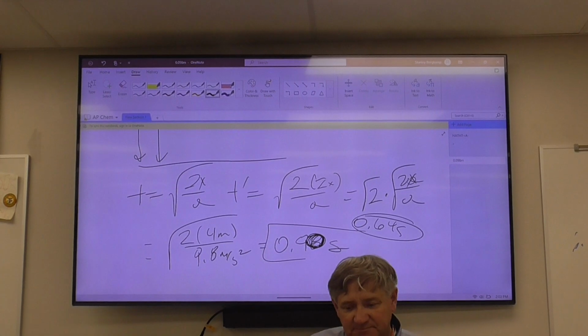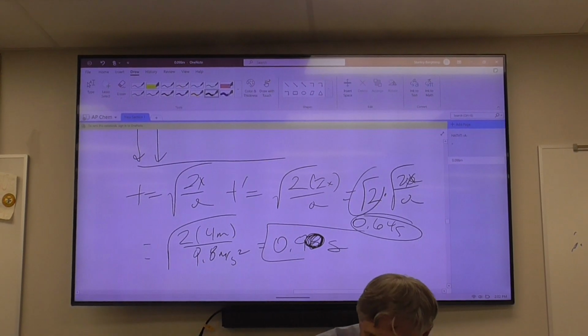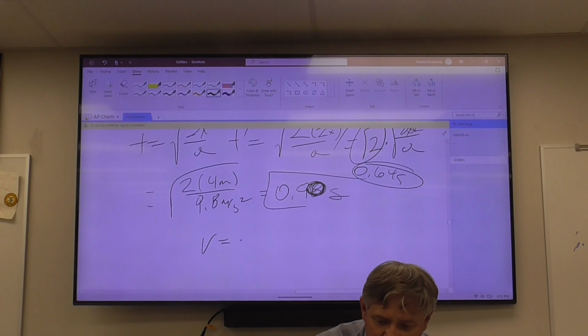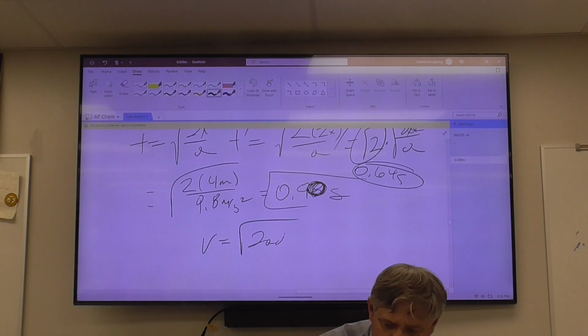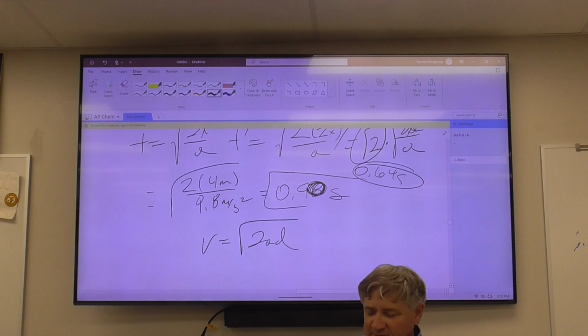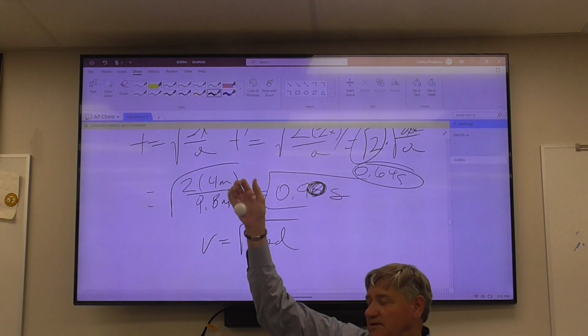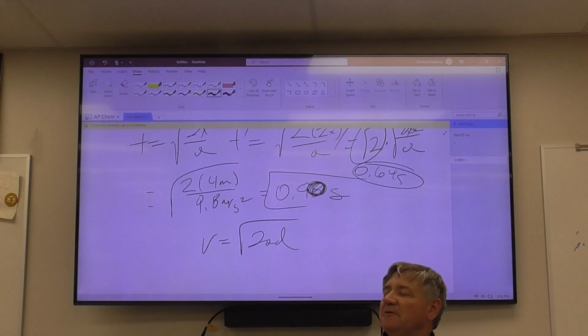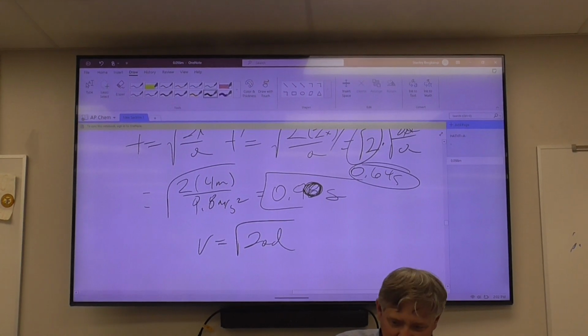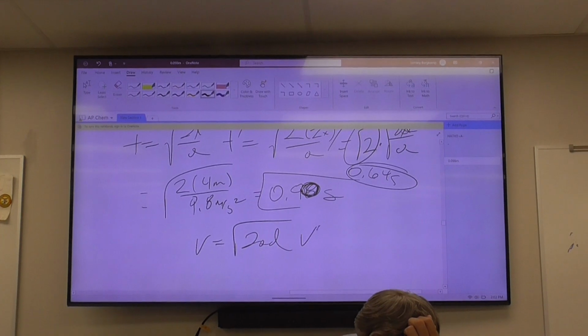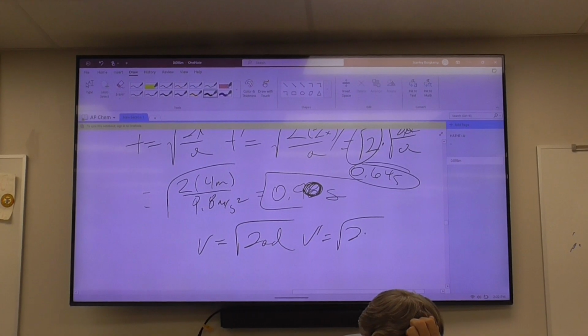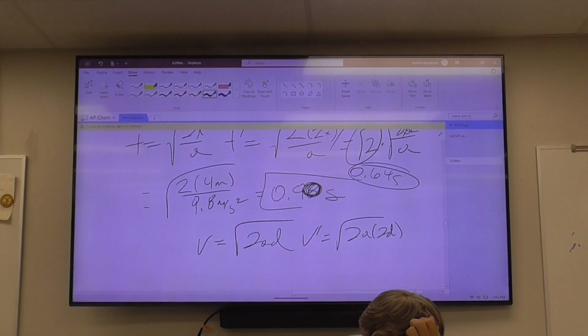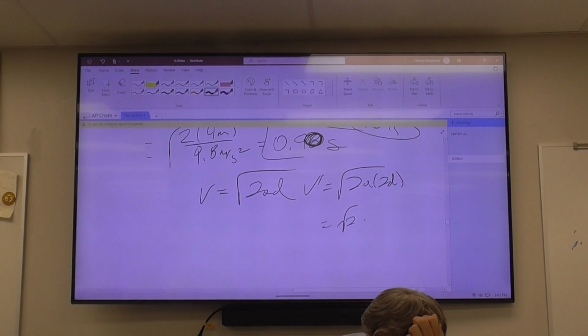Now, Mr. Etheridge, time increased by the square root of 2. V equals the square root of 2AD. If I double the distance, what's going to happen to my velocity when I land? It's gonna increase by the square root of 2. Beautiful. Why? Because you turn that into a 2D, that gives me 2A times 2D, and then you could just pull out the other one. So then V prime would be the square root of 2 times A times 2D, and you would get the square root of 2 times